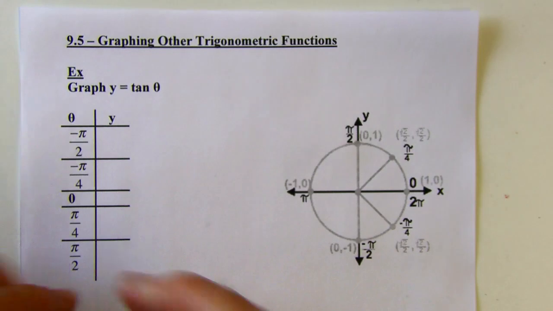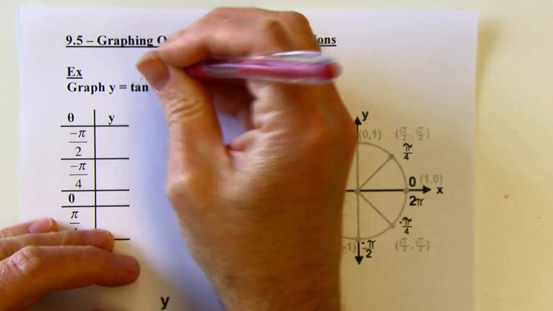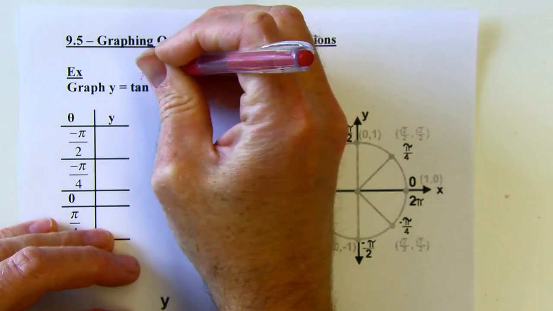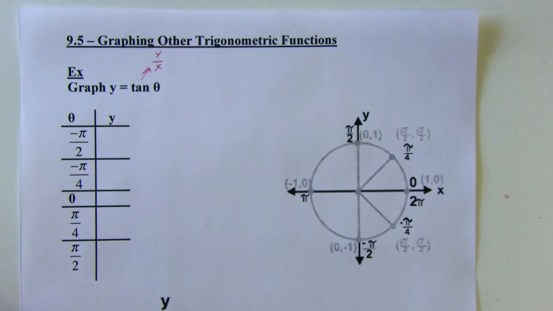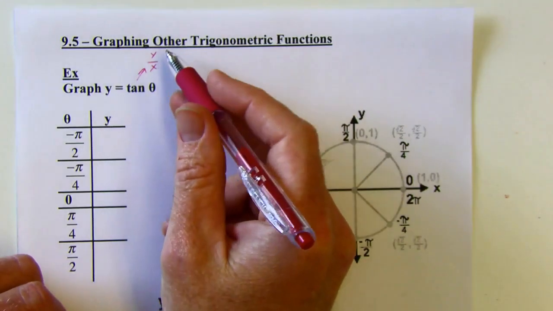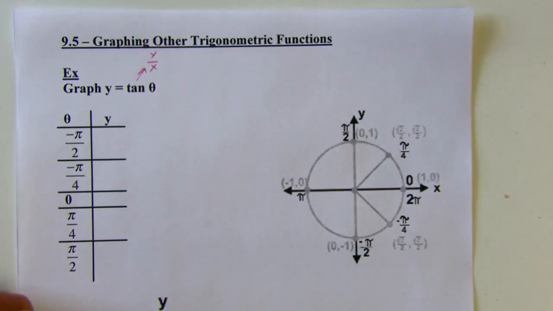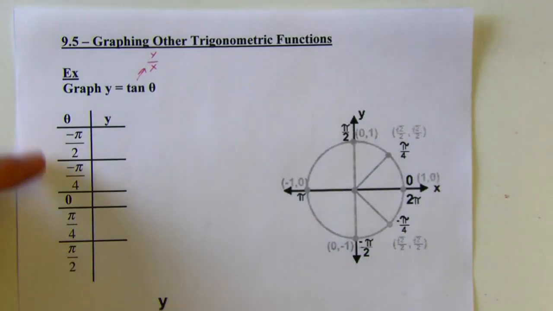So remember, when you're looking for tangent on the unit circle, since it's opposite over adjacent, from any place, that's going to correspond to the y over the x, okay? Because the y would correspond to the opposite and the x would correspond to the adjacent, okay? So I've got these different values in here, and so I'm thinking, okay,